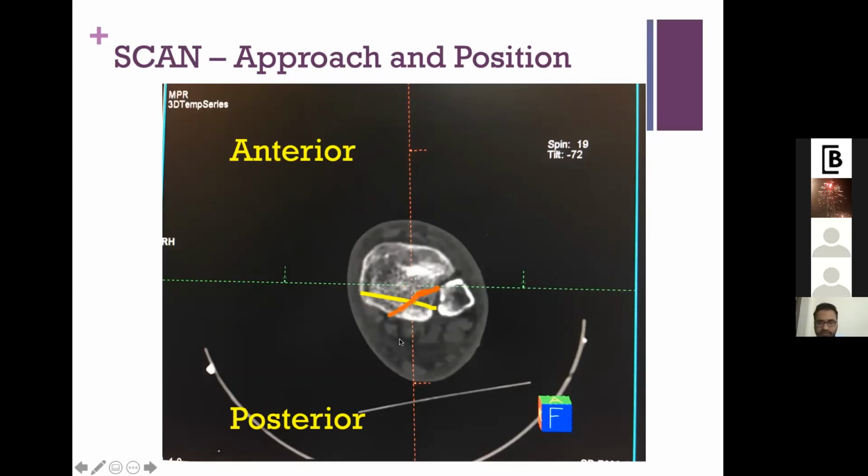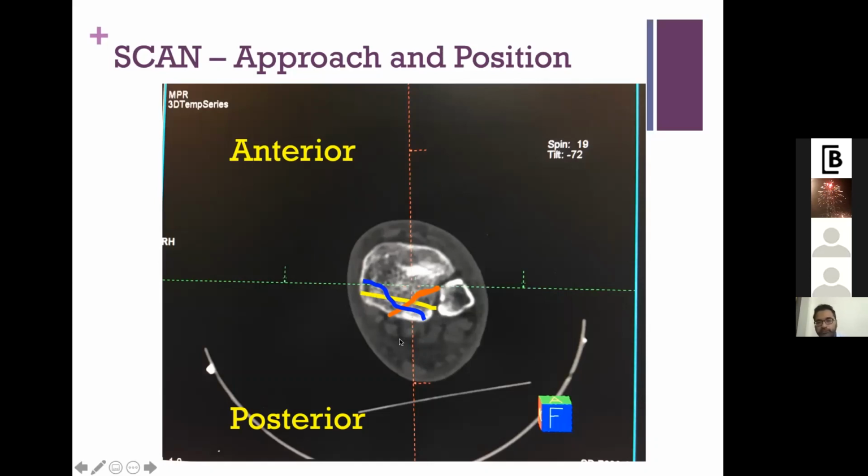If the fracture is in the posterior lateral part, that is a Folkman's fracture, you ideally go through a posterior approach. Depending upon the associated fracture, if there is no associated fracture, you just go through a posterolateral approach and handle this Folkman's fracture. And if the fracture is in the posterior middle part, like this, your approach is posterior middle rather than posterolateral.